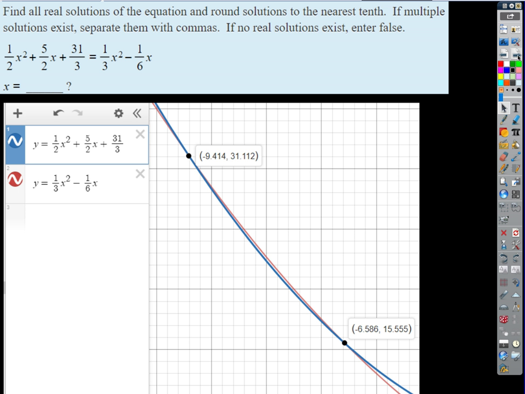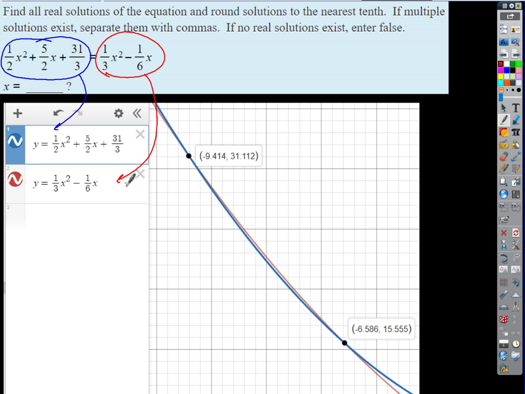All right. How about this one? Okay? Same kind of deal, right? We've got everything on the left side graphed in blue. Everything on the right side is graphed in red. Okay, and I've just got to find the points of intersection. Now, we talked about this one a little bit on Friday with you guys, didn't we? Yeah. So remember, I had to tweak this thing quite a bit to get to where I could see those